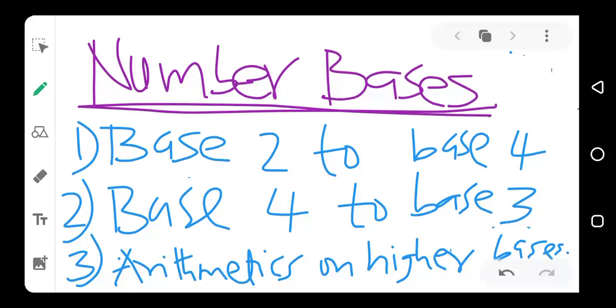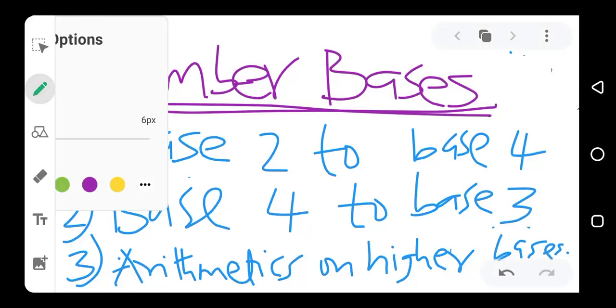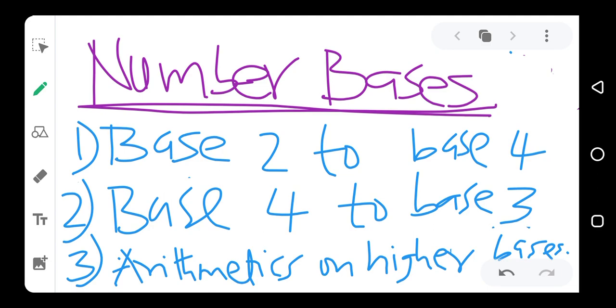This is a continuation of our discussion on number bases. In the previous class, we talked about conversion from base 2 to base 10, and conversion from base 10 back to base 2, and how to do arithmetic in base 2. Now, in today's class, we are going to be learning how to convert from base 2 to base 4. We're also going to be learning how to convert from base 4 to base 3, and then how to do